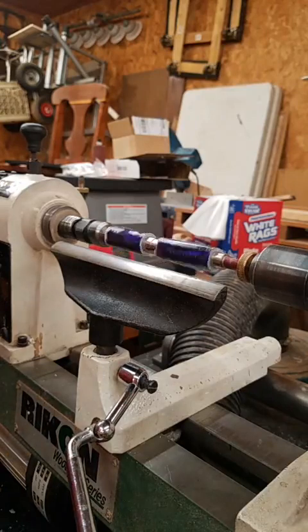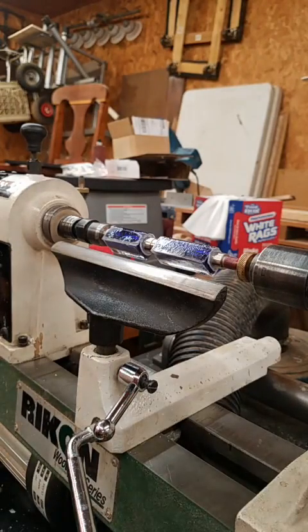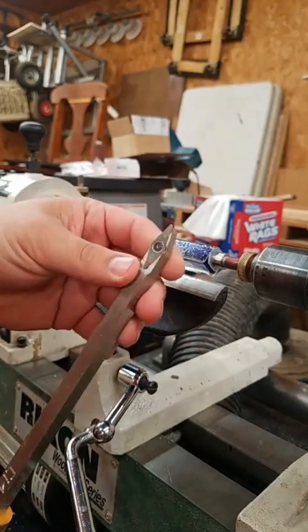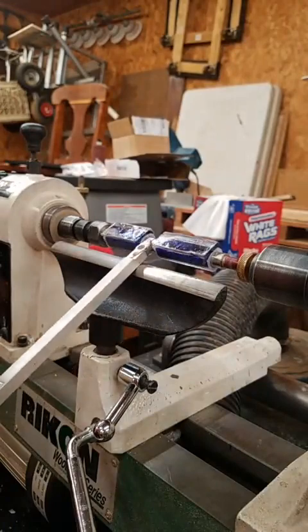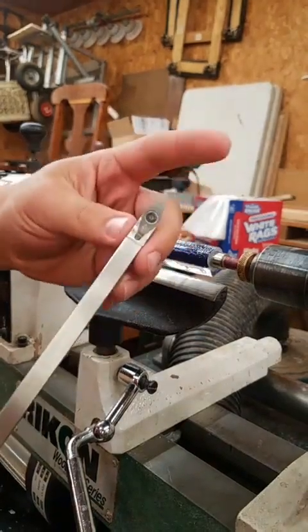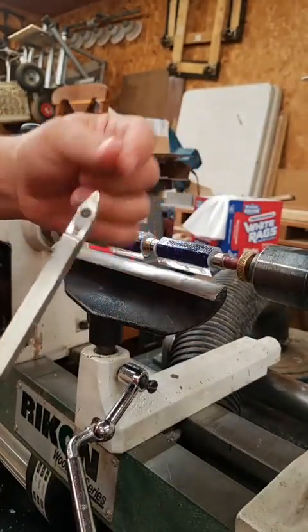Alright. I'm gonna start roughing this down, and I'm gonna start roughing with the Easy Wood Tools diamond carbide cutter. I don't sand off my corners when I get started like a lot of guys do. So I start with the diamond cutter because it's got a really small surface area, so it's not going to